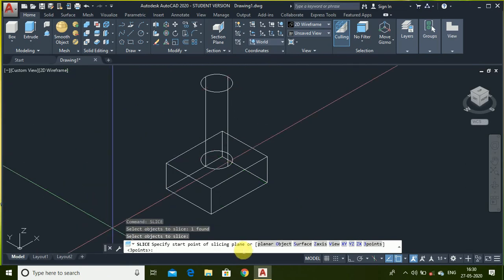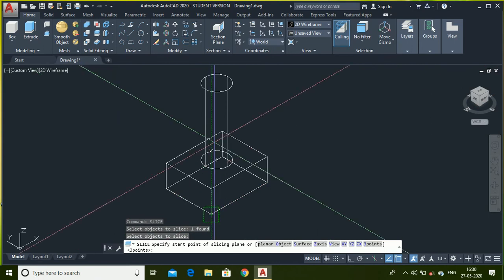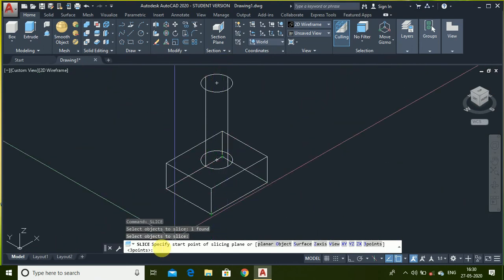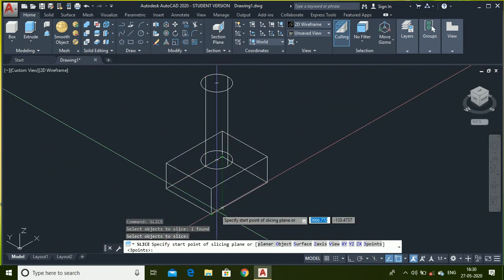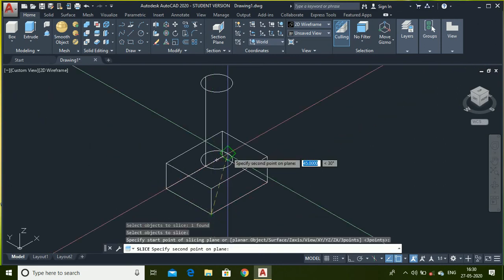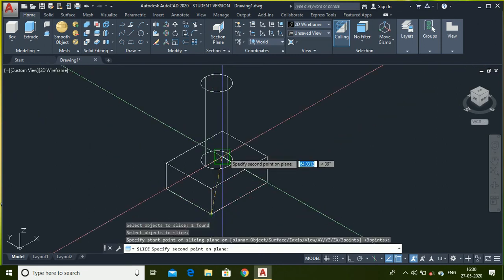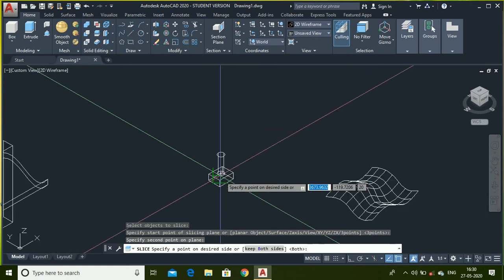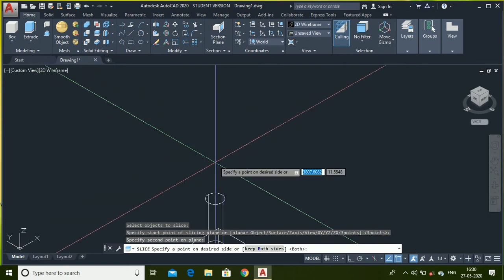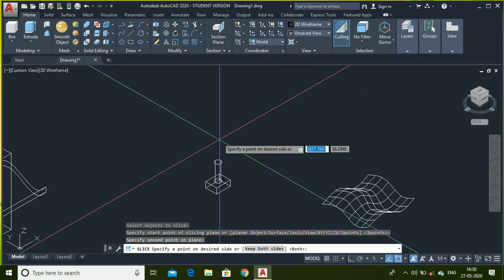Now I want to cut it diagonally, so I select the diagonal points, first point and second point, then click at any height. As you can see it asks if you want to keep both sides.